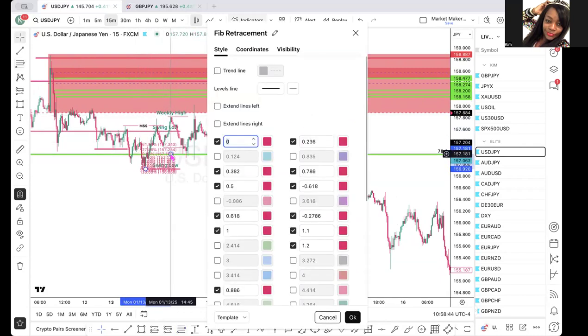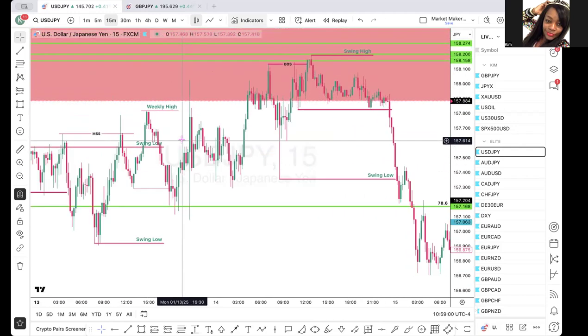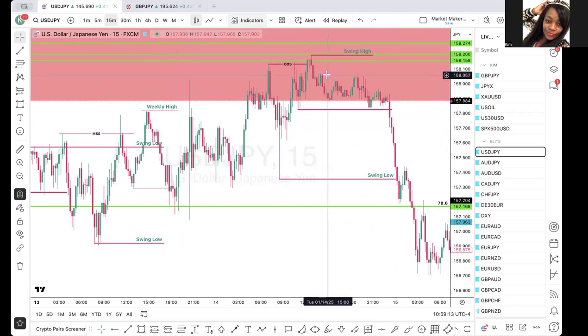But like I said, I see it all the time. I will see someone say, there's a structure shift right here, and then you will go look for an imbalance probably right here, and you'll get in the trade. And then you'll be in drawdown forever. Then you'll be in drawdown for